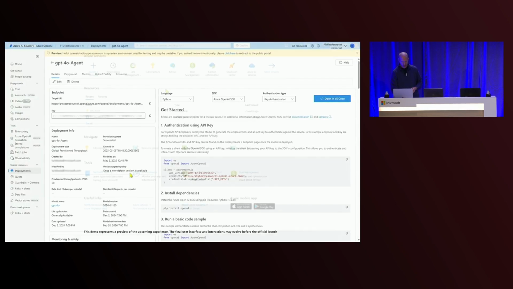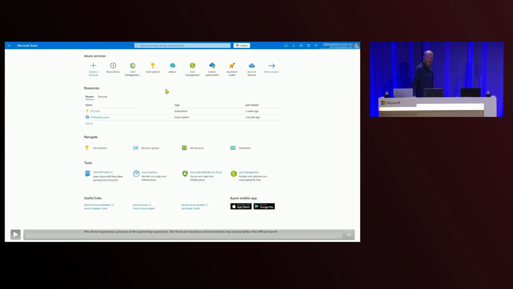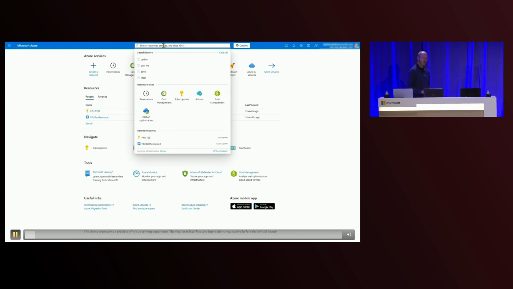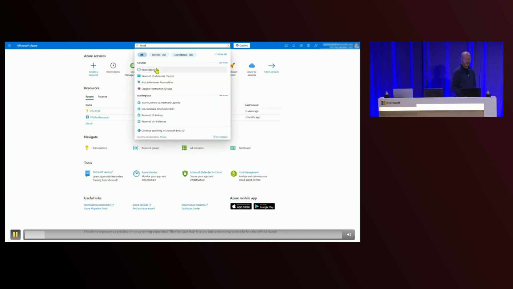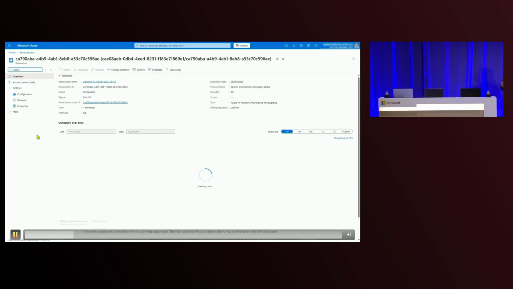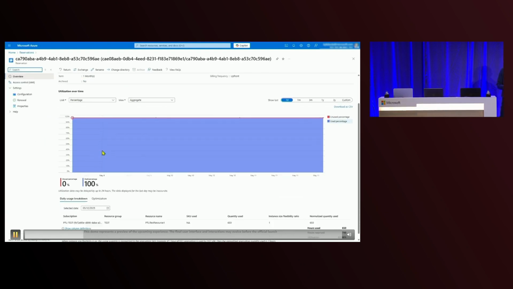Really quickly, as we go on, what happens if you make a mistake, though? So historically, if you made a mistake when you were setting up your reservation, what you'd have to do is get on the call with Microsoft support and raise a support request to be able to cancel that reservation. It was very painful. It took a long time. And in the meantime, you're paying the bill before you get the refund.